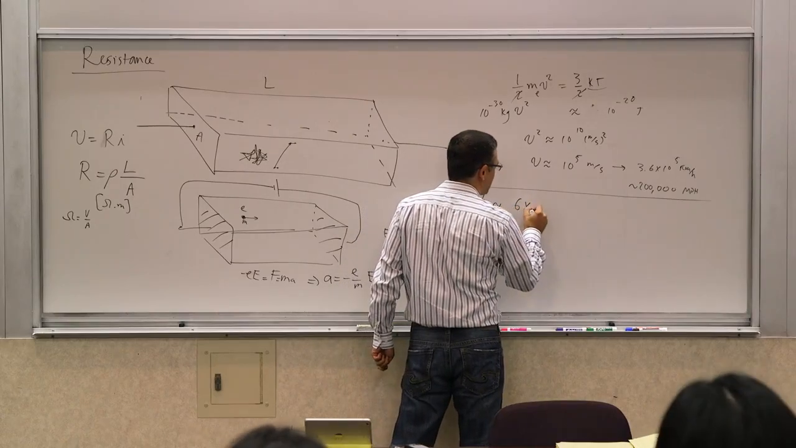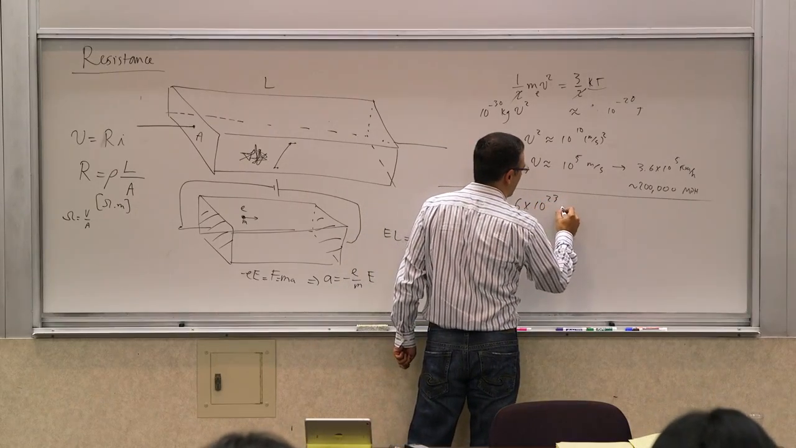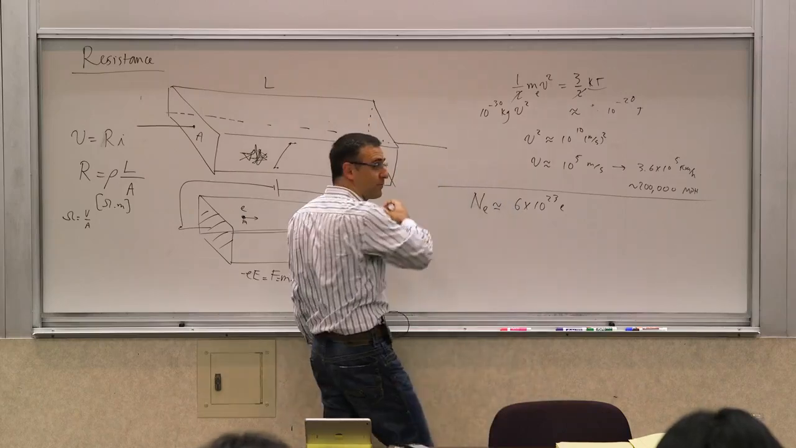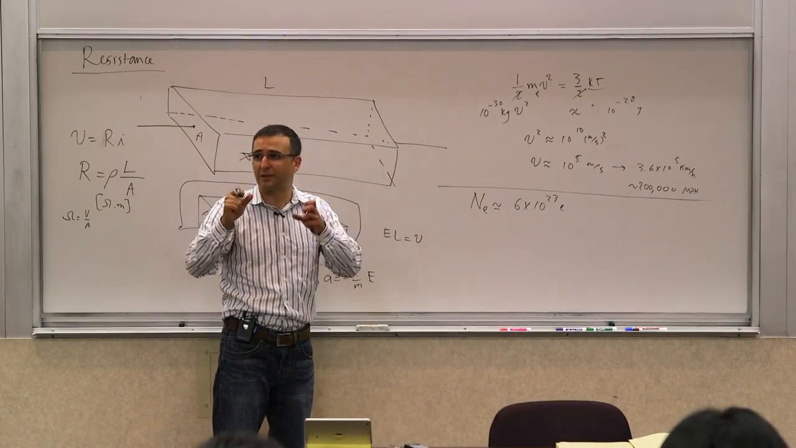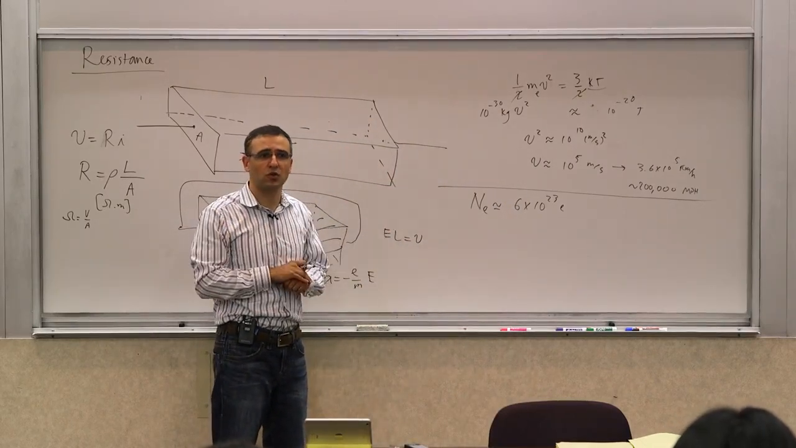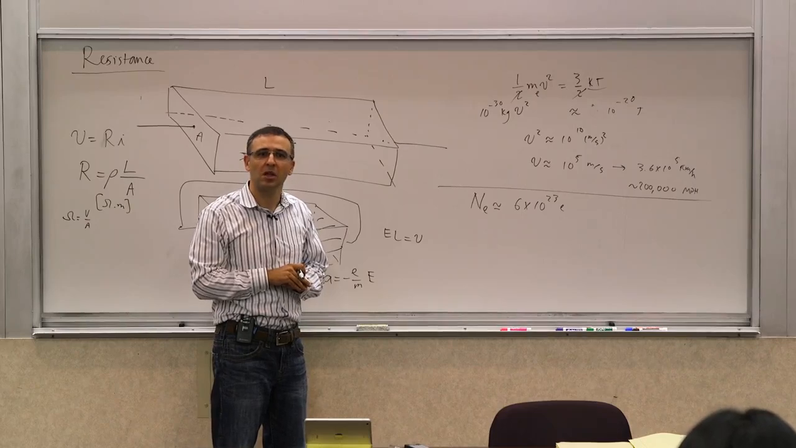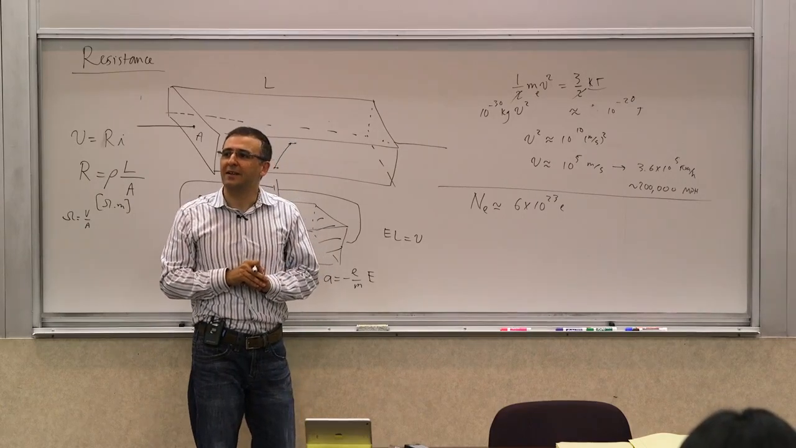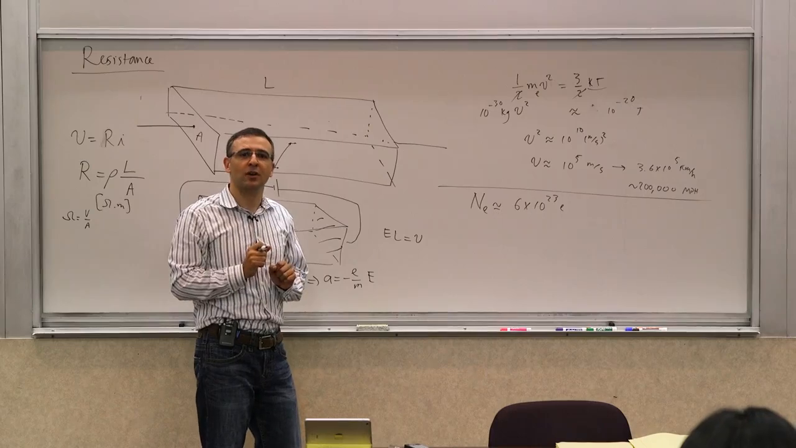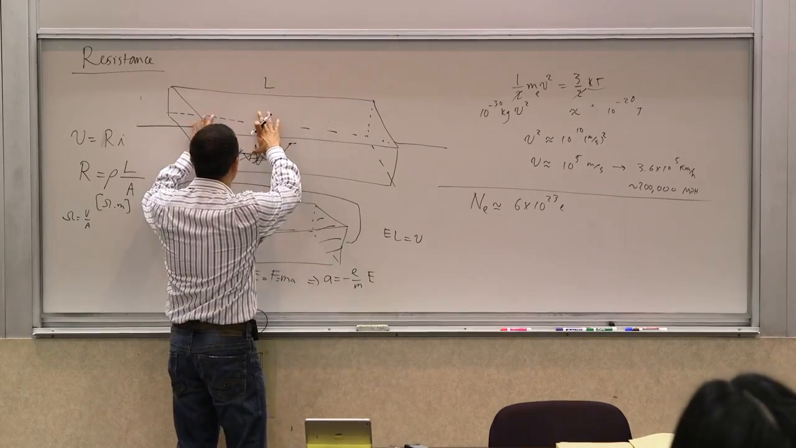Roughly, let's say 10 to the 23 electrons inside that thing. Free electrons, not bound electrons. There are a lot more electrons, but just those are the ones that can move around. Okay? So now, if all of these electrons are displaced in